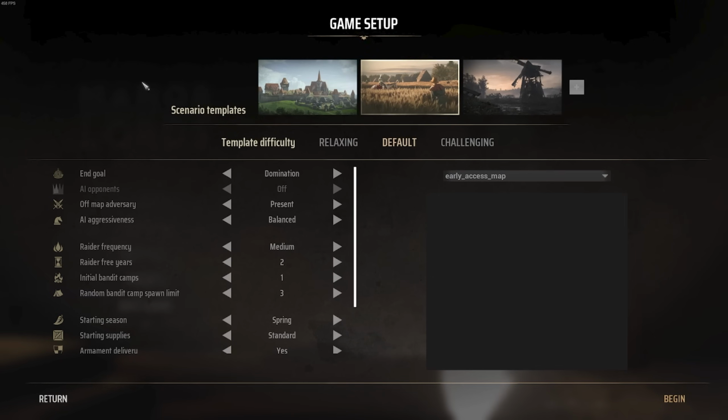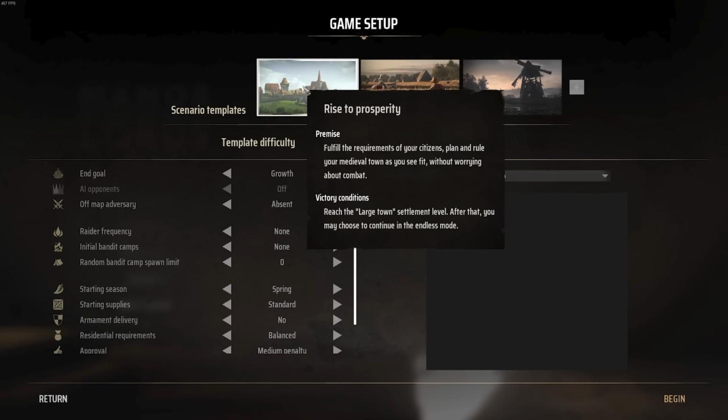In Manor Lords, we have the choice of 3 starting scenarios, and I imagine these will expand with different maps as the game does continue to go through early access. Right now, we have the Rise to Prosperity, which is very much just your lay back, chill, build a medieval village, and have a good time. I think there's basically 0 combat in the entire game, and your objective is just simply to build a large